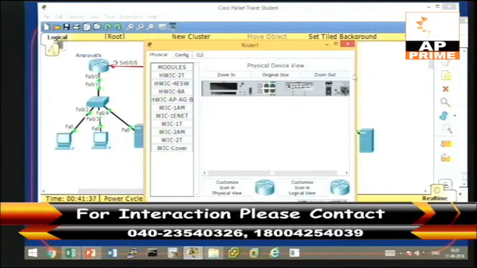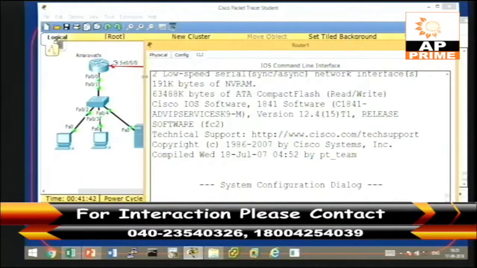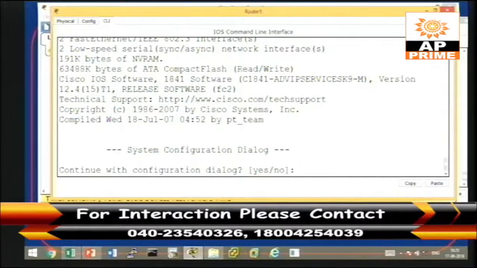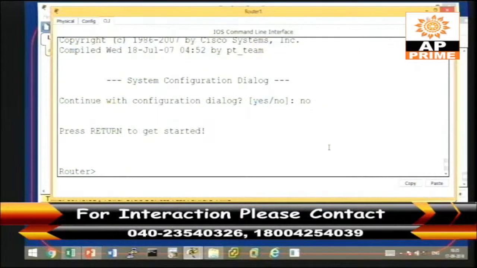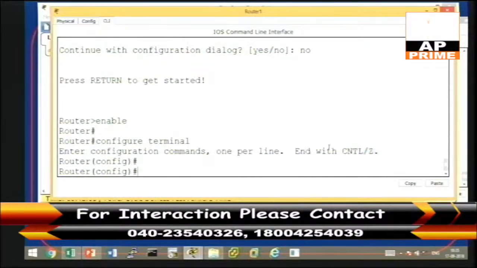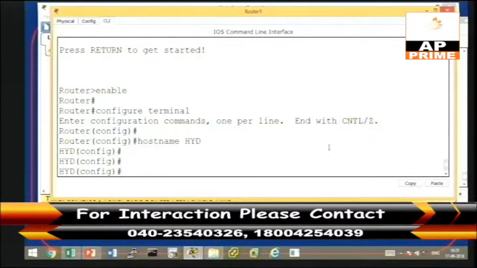And as discussed, we have to choose the option called CLI mode, and then we have the option: do you wish to configure the router, yes or no. So we should choose the option no, and then we come to this basic prompt where we give the command enable, and then the command configure terminal, and then the command hostname followed by the keyword to represent the name of that particular office network router, and then we give the command interface